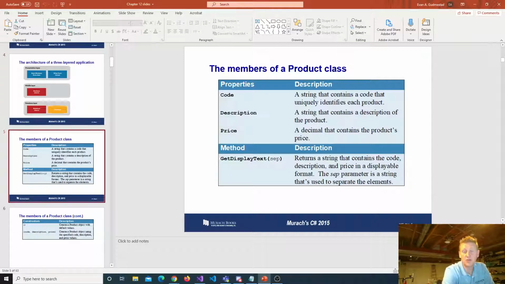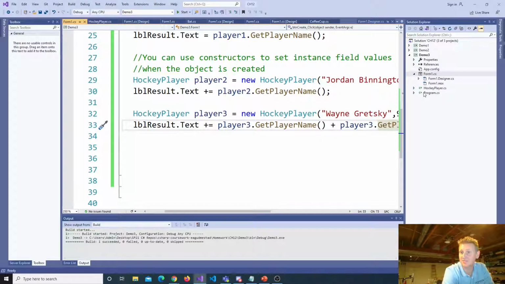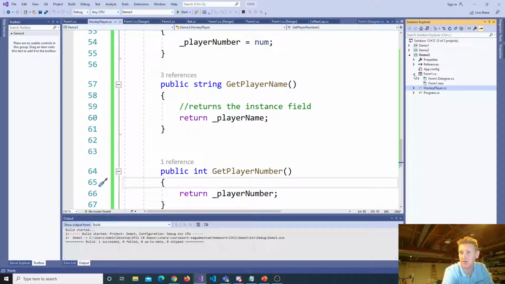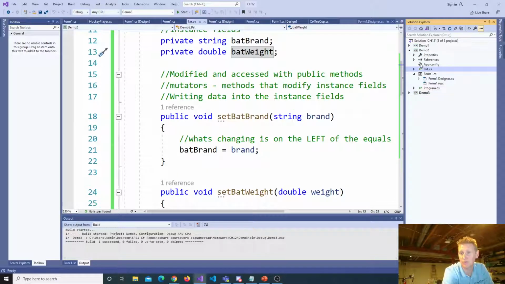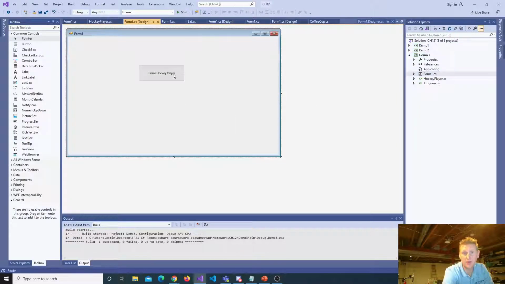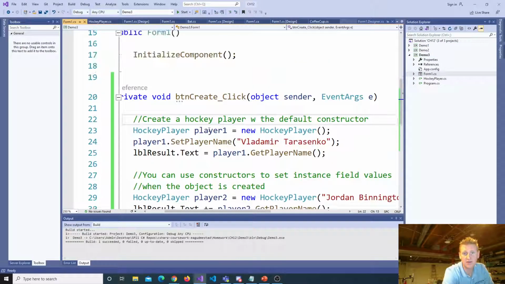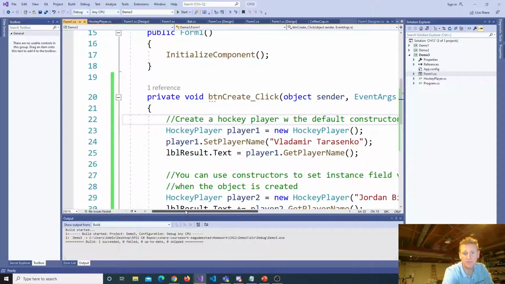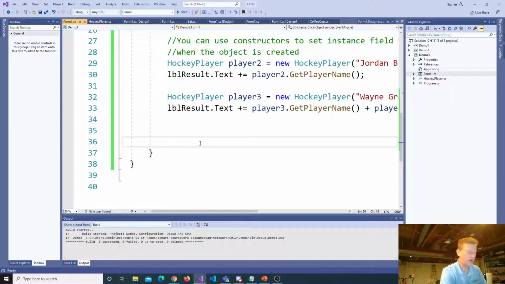Okay, so typically your classes are singular. You'll notice, all of my classes were hockey player singular, not hockey players. Bat singular because it represents a single thing. Coffee cup singular. Right, back in this demo, I'm creating all these hockey players, right? Could I have an array of hockey players? Of course. Hockey player array called the